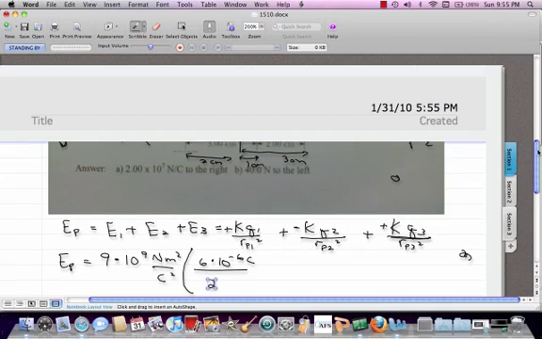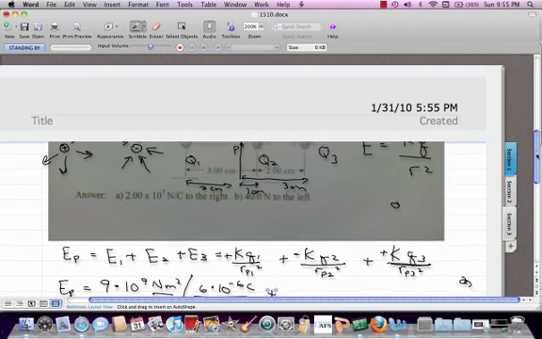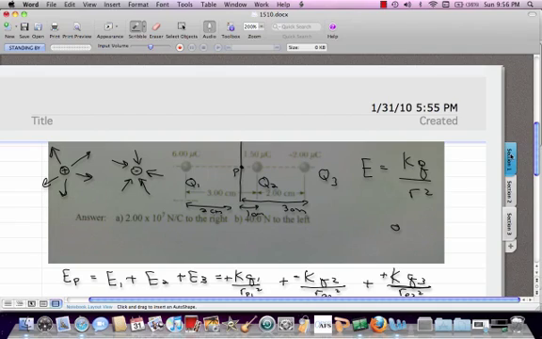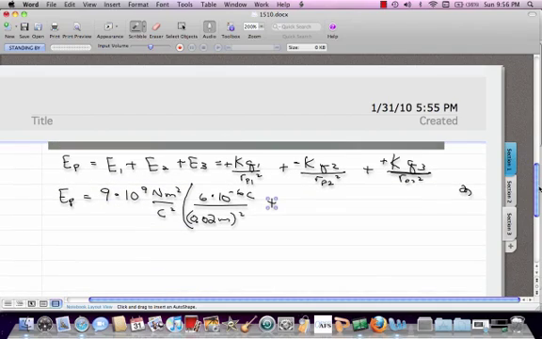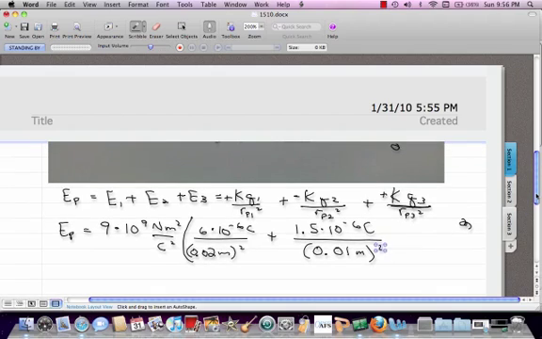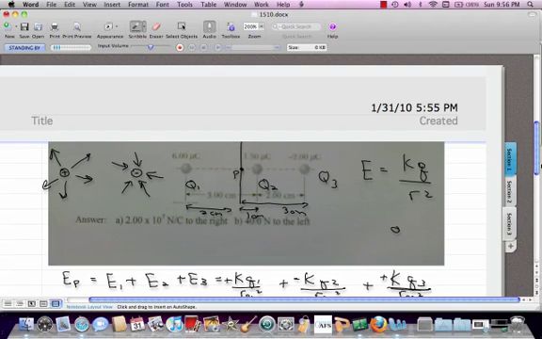Double check that. Yes. Let's say 0.02 meters squared, plus this Q2 is, I believe it's 1.5. Yep. 1.5 and minus 2, or 2. All right. Plus, this one's going to be 1.5 times 10 to the minus 6 coulombs over, and now this distance is 0.01 meters squared. That's the distance from our charge 2 to P. So that's this distance